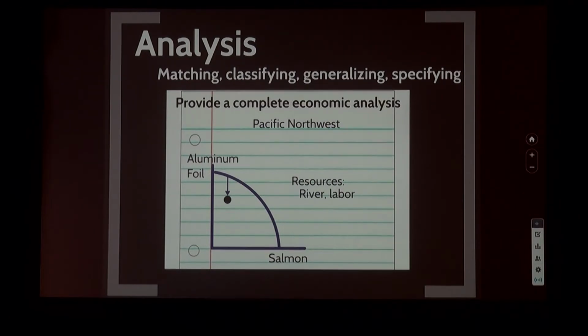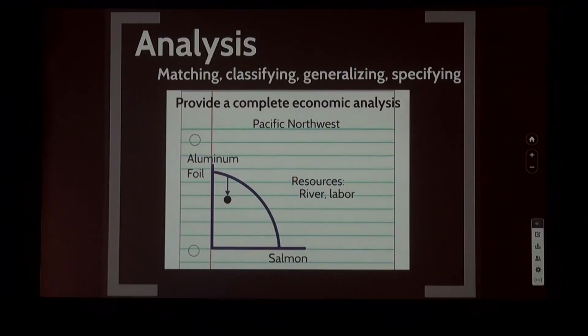And then they say, all right, we're going to sift through this article and we're going to pull out what are the goods and what are the resources. And we're going to put the goods on the PPC and we're going to leave the resources somewhere else. So that's this stuff and this stuff and this stuff. So that's the matching and classifying. And then the last piece is where they say, all right, the salmon are endangered, so we need to start from a spot where there isn't very much salmon, and then we're going to create some unemployment, so we're going to move the dot from a point of endangered salmon down inside the curve, and that's specifying. So that's applying the knowledge to this particular situation in this particular way.